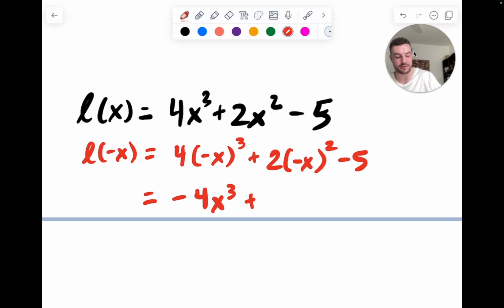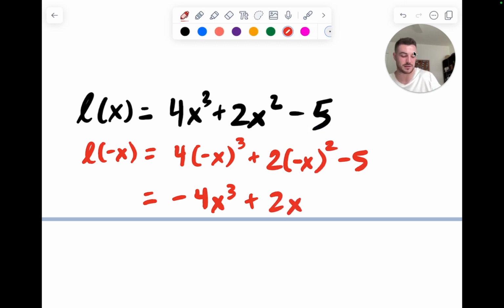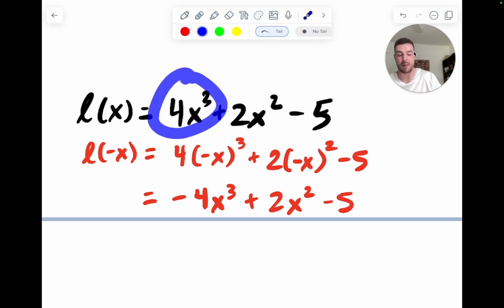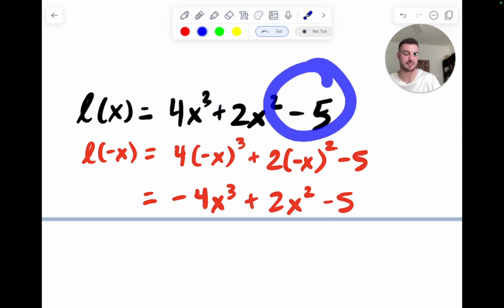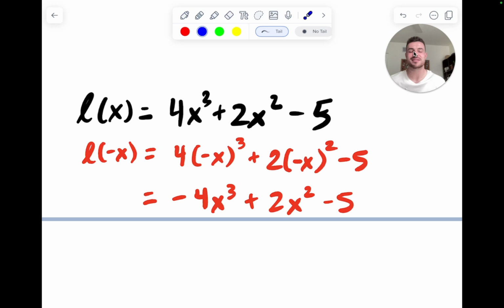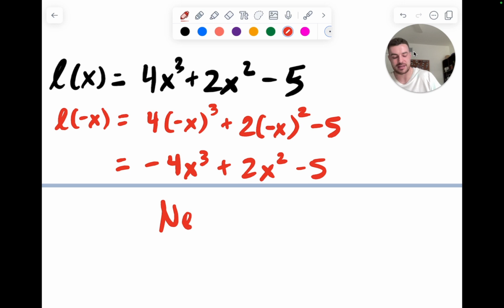Now over here, I've got a positive 2, and then I have a negative squared, which means it stays positive, and I didn't do anything to that 5. So we've got an opposite first term, the same second term, and the same third term. So what that means is this isn't quite the opposite of our original function, and it's definitely not the same as our original function. So we say that this is neither